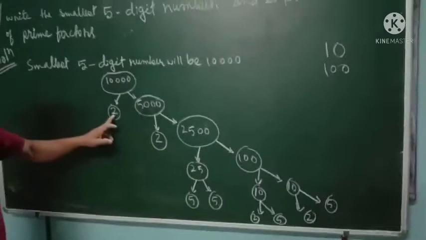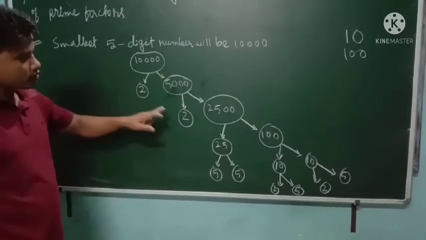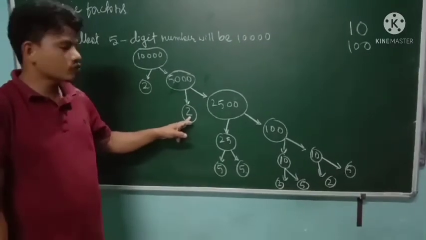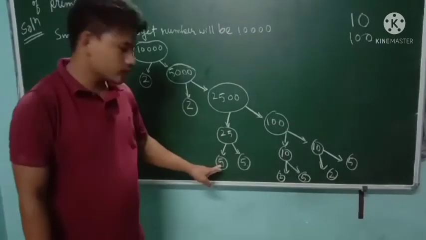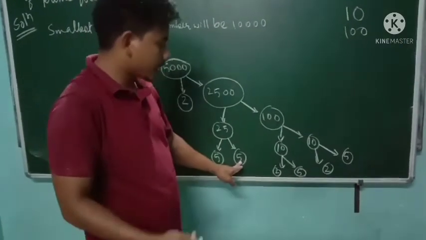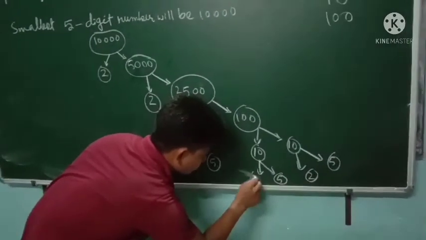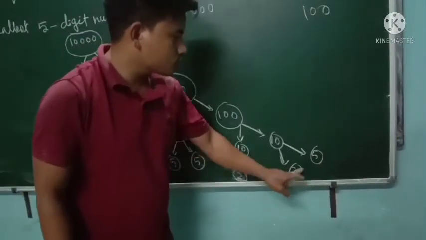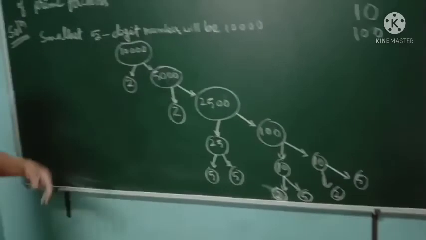So these 2, their factors already end. These 2, no need to write factors again because this 2 itself already ends. Next, this 5 also ends. This 5 also factors end. And here you have to draw circle. And 2, 5, 2, 5. These all are what? End their factors.